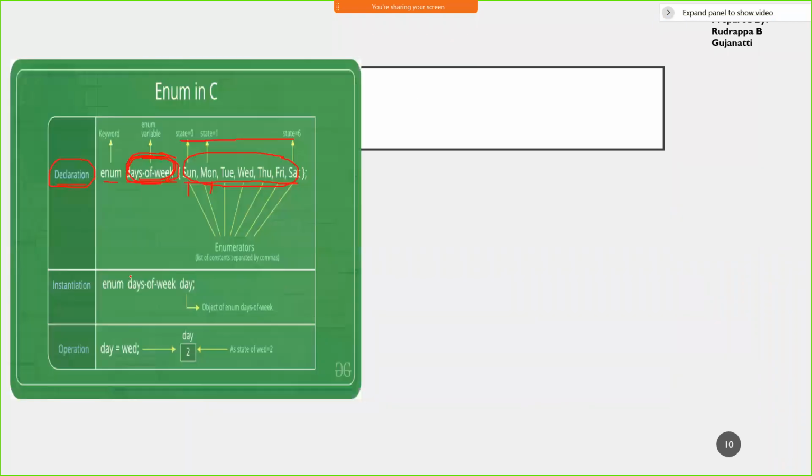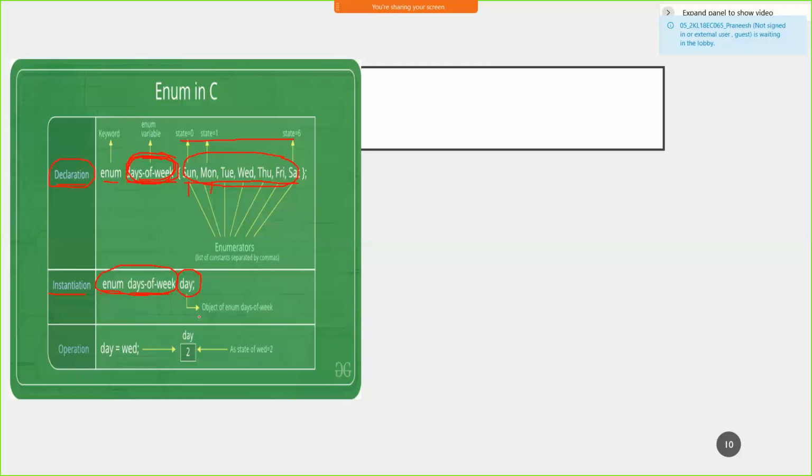That is what we are discussing here. In order to instantiate the days of the week, which is of enum data type, you have to instantiate it in this form: enum days of the week, and this is the parameter. This parameter will be of the type enum days of the week.